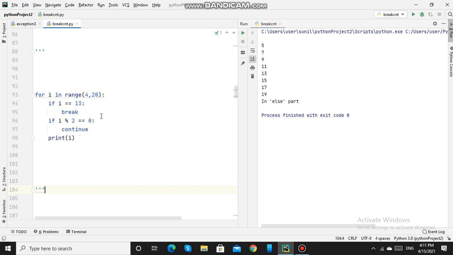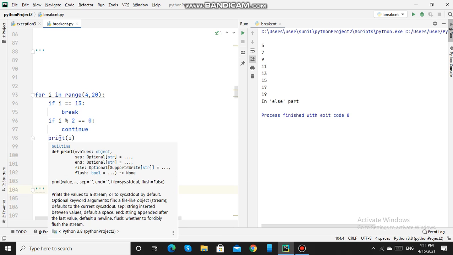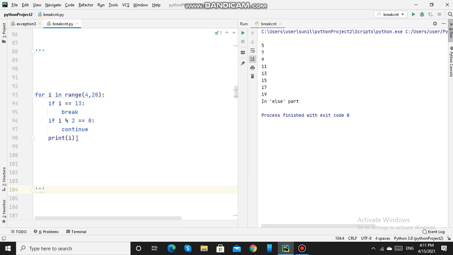That means for values of i from 4 to 12, all the odd numbers will be printed here. Whereas even numbers, it will not come to this print statement, it will skip this print statement. For even numbers, this continue statement will be executed and the control will go back to the for loop for the next iteration. It will not go to the print statement.